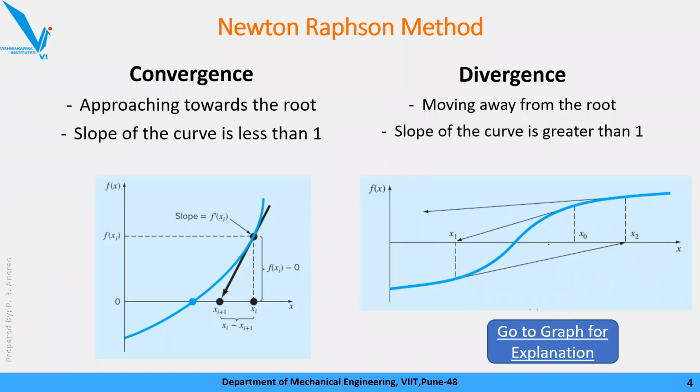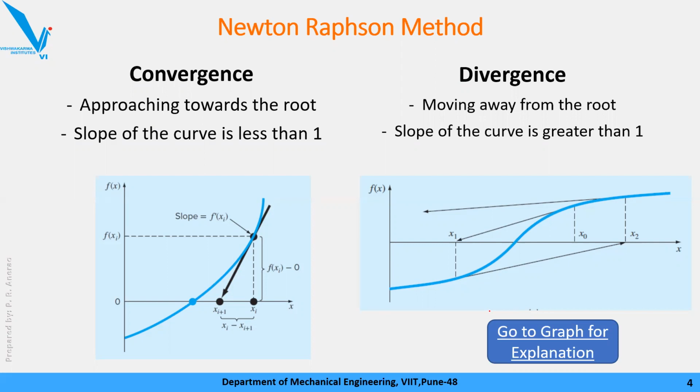So instead of that, what you should do, whenever we start the numerical, the first step is to assume an initial guess. Okay, we have made the assumption. As soon as you assume the initial guess, spend 2 minutes of your time and check for convergence: whether this guess is right or not, whether this guess will take you to your answer or not. Try to identify that. This process is called a convergence check. Okay, now how to do that, I will explain in the next slide.